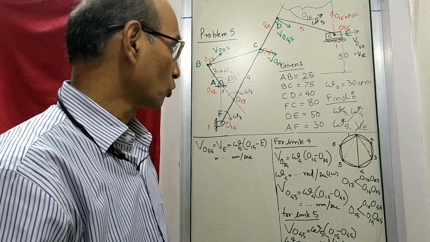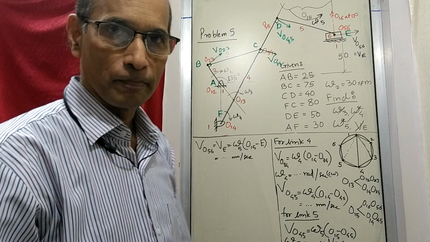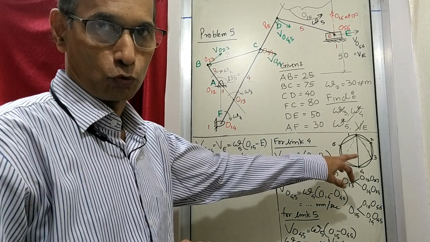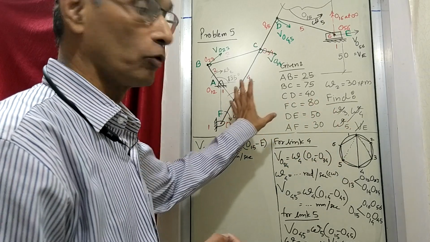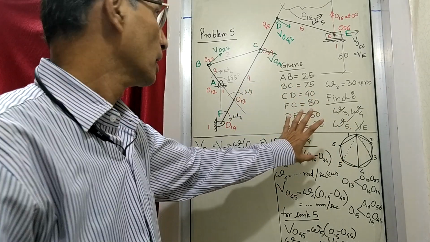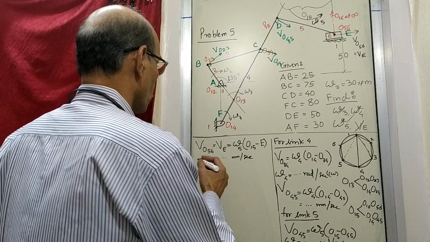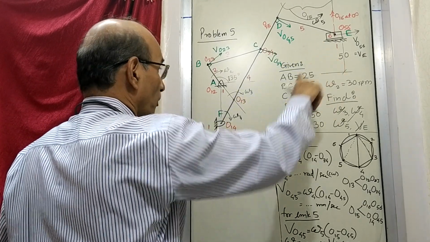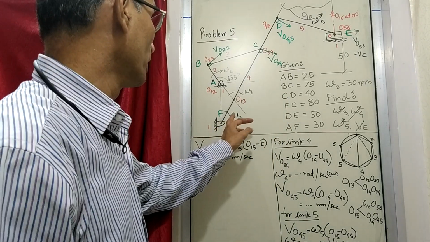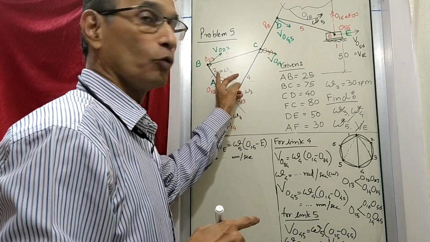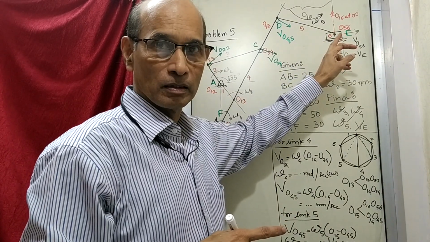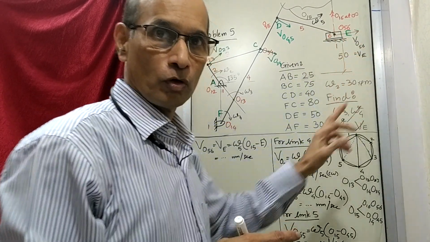But now what we are also going to do here is, at this stage, we will not stop. We will just find out these answers by another method also, so that we will be able to completely understand the process. So we try to find out this point 6 or E by the direct method. So what is the direct method? Since omega 2 is given and this is link number 6, 2,6 is the point which we wanted to know where it is.